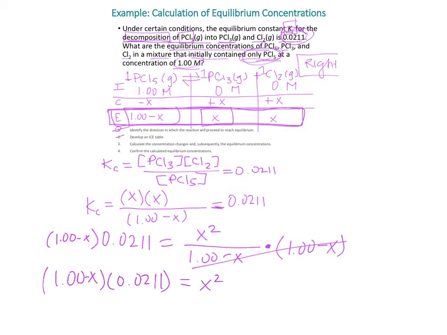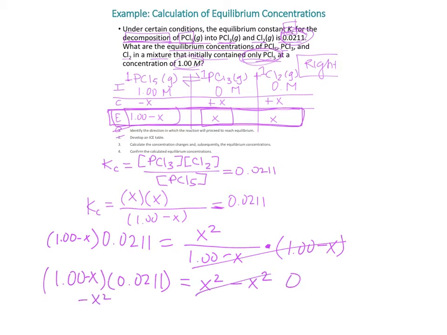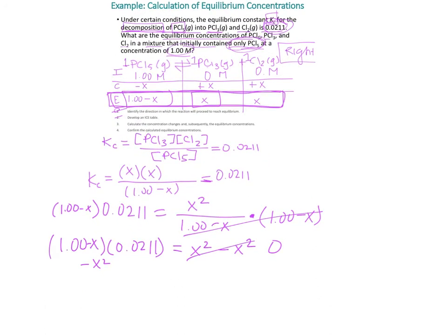That's what we have right now. We're going to subtract X squared from both sides, minus X squared. So then you have nothing there, it's just 0. So let's rewrite this again. So we have 1 minus X times 0.0211 minus X squared